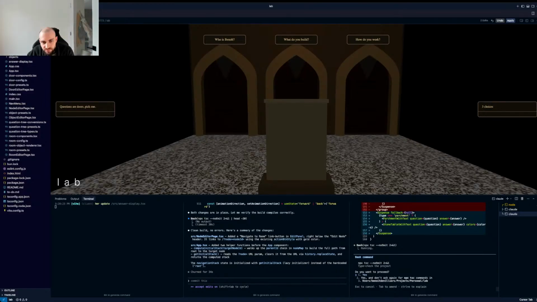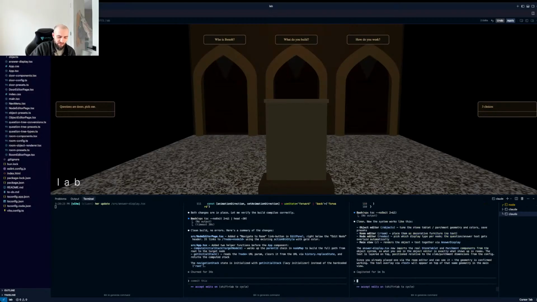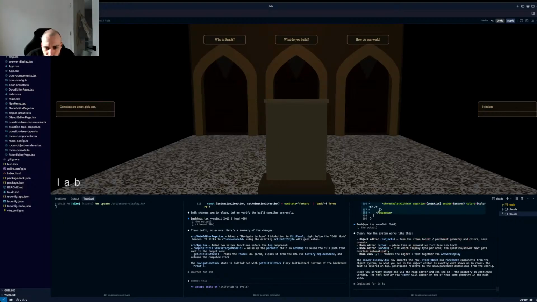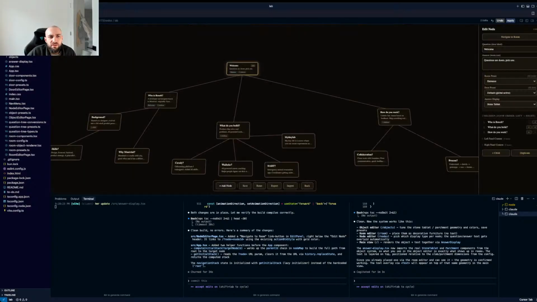Okay, so what is it saying now? I think one thing I don't like right now is that it's too dark. So I'm not sure what kind of light we can add here. So let's see. If I go